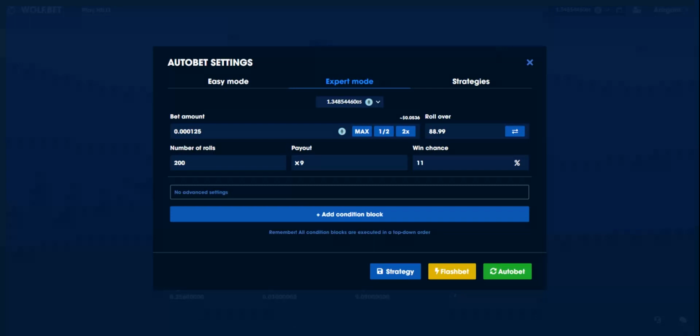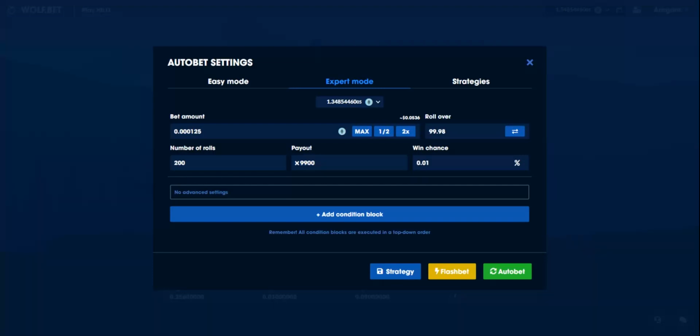Something that I really want to talk about now is flash bets, our latest feature and something that we are really proud of. It allows you to bet at 2,000 bets per second or 25,000 bets in less than 30 seconds. And it's perfect if you want to see your bet outcome in the shortest amount of time possible, if you want to see if your strategy pays off as quick as possible, and it's great to speed up your betting process. I will use it to hunt the biggest multiplier possible on dice, which is